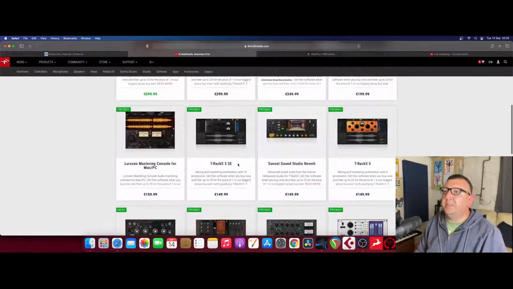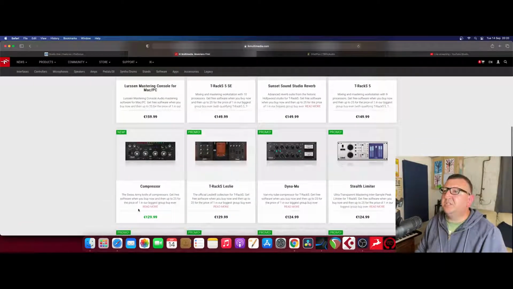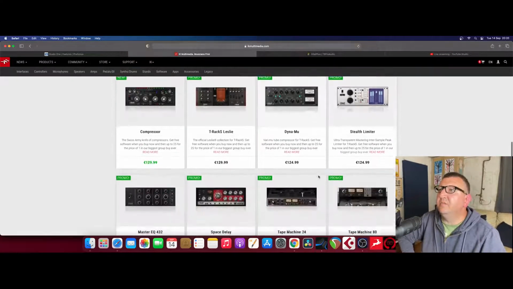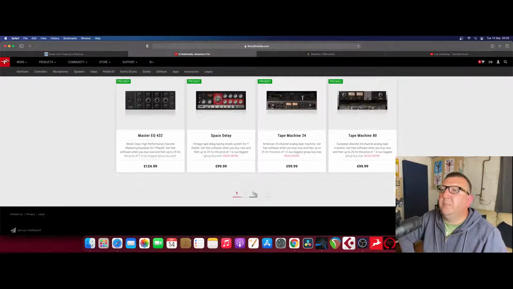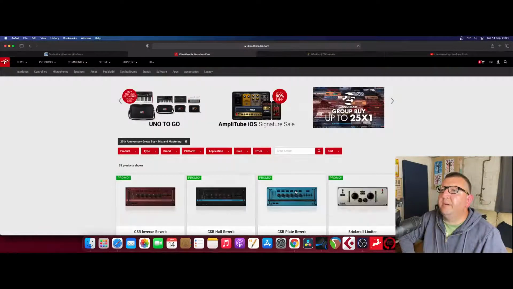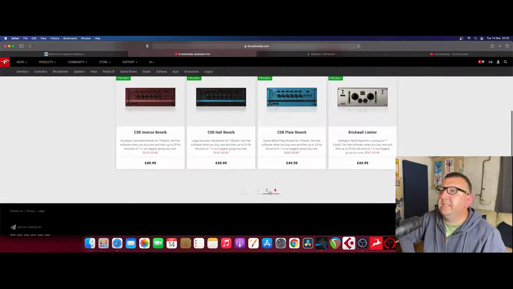Right, so the plugin itself... You see a lot of these, the Compressor, I haven't tried it yet, but that's meant to be amazing. I'm really looking forward to trying that one. I got that one as well. But the plugin that I wanted, which I thought would really be beneficial for mastering, is the linear phase EQ,